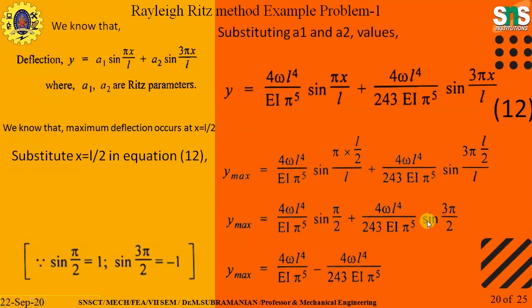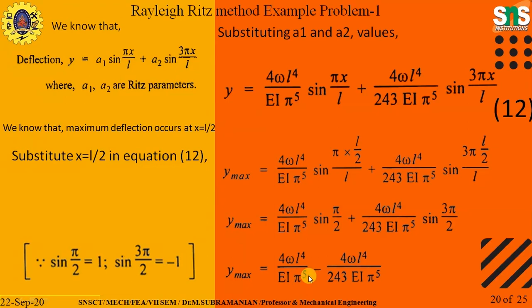Finally, sin pi divided by 2 equal to 1, sin 3 pi divided by 2 equal to minus 1. Substitute these values: sin pi divided by 2 is 1, so 4 wL^4 by E I pi^5